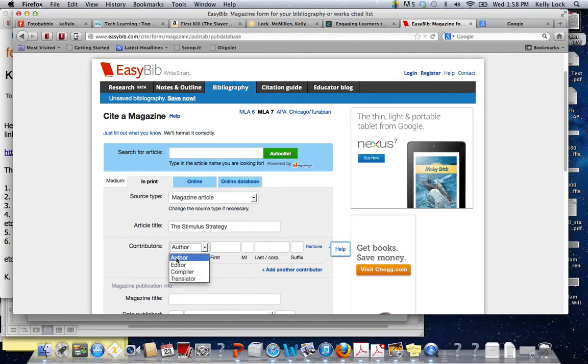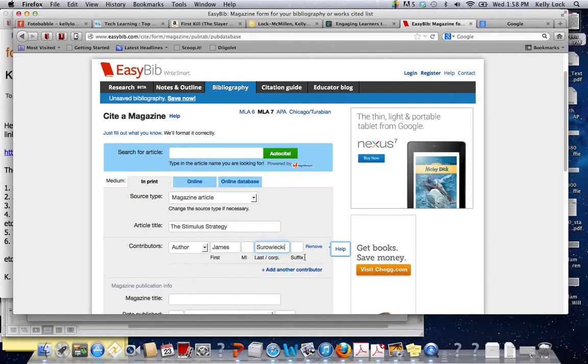If it's just a regular old author, nothing special, it will say by in the person's name. If it's an editor or a translator or a compiler, it'll actually say those names. So again, the article that you're going to cite from Tuesday is just a plain old everyday author, as is the one that I'm going to cite from the book. So I'm going to type in this person's name, James. He doesn't have a middle name, but if there was a middle name, I would type it. And then his last name,